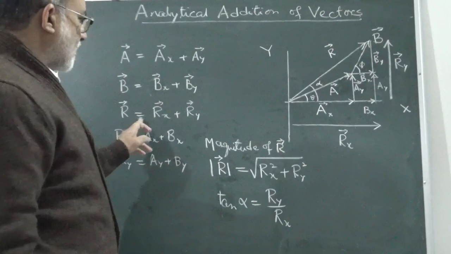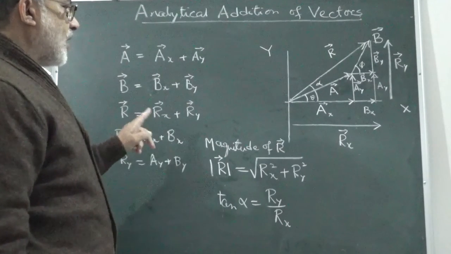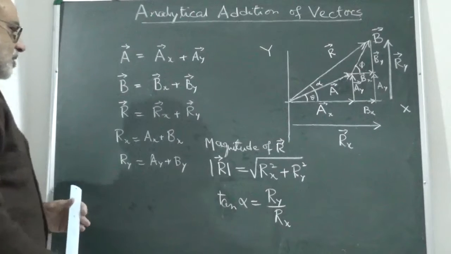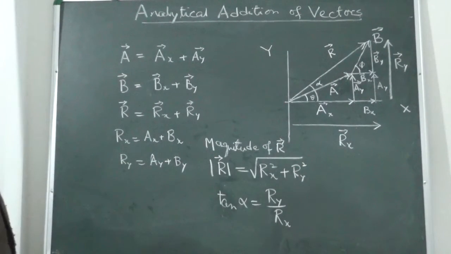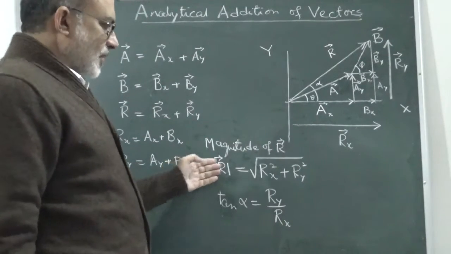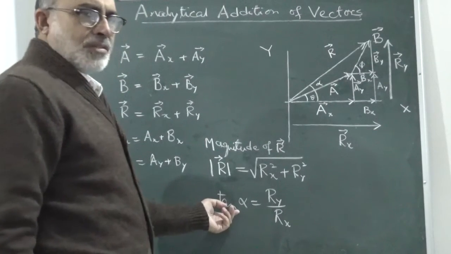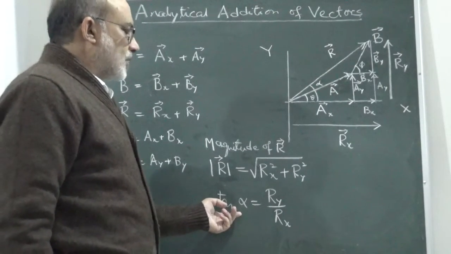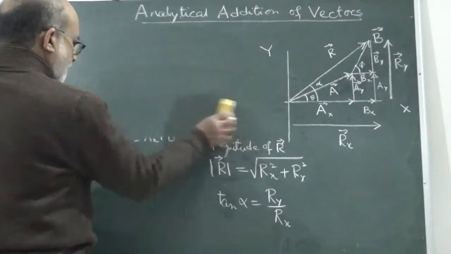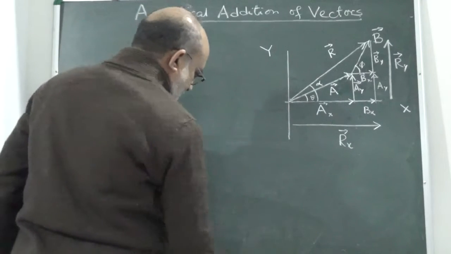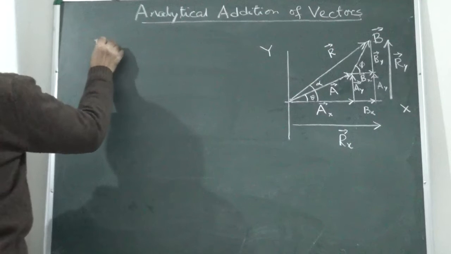The sum of all the x components will give you the x component of the resultant, and the sum of all the y components will give you the y component of the resultant. Use this formula, square root of rx square plus ry square, and divide ry by rx, you will get the direction of the resultant vector. So we will write this statement and solve the problem. In order to add vectors analytically,